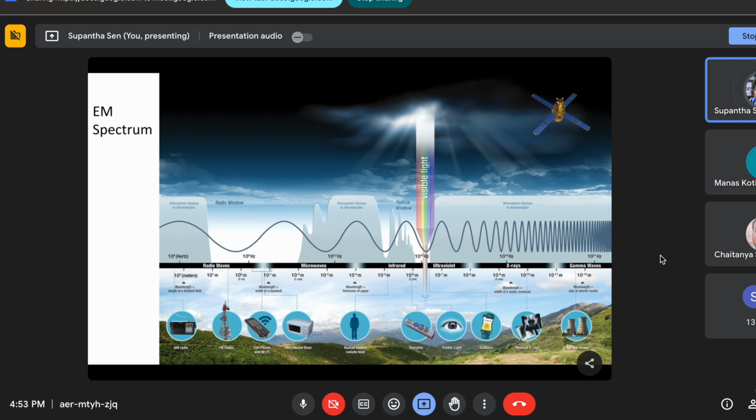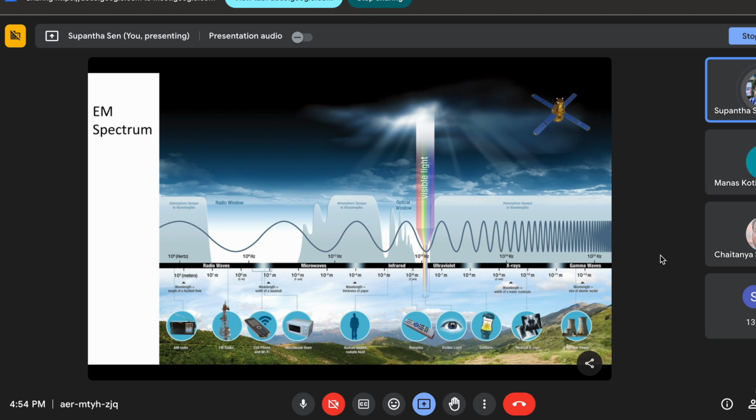Your satellite will send energy in the microwave region, and when that energy is reflected from the surface, it will come back and you are sensing it again. So you are getting the information finally. You are generating your own source. So these are the three broad classes of remote sensing for Earth: microwave, visible, and infrared.